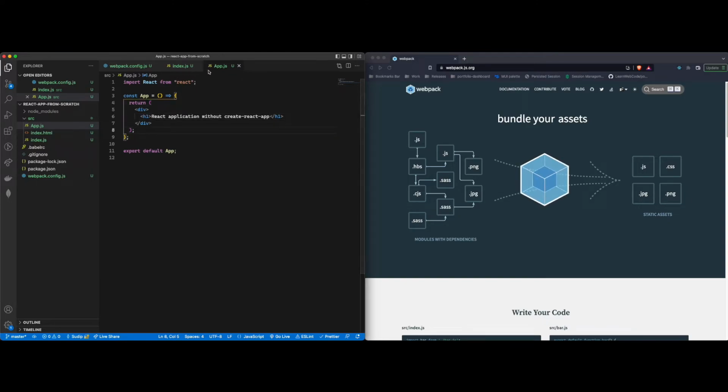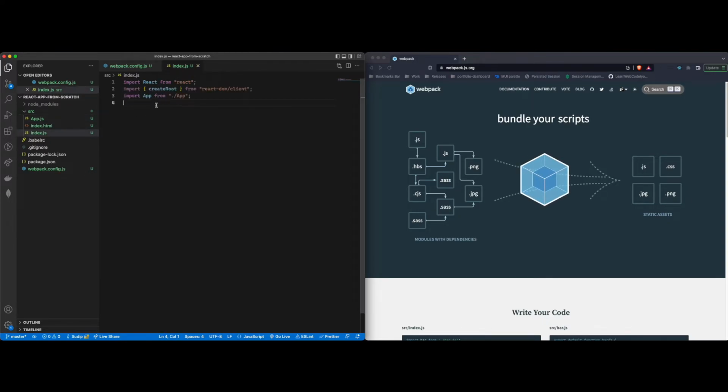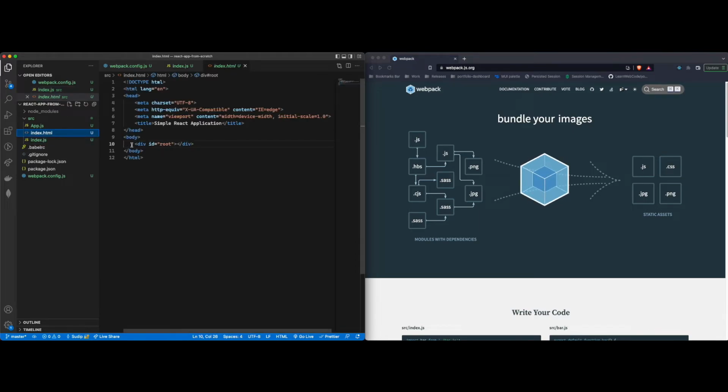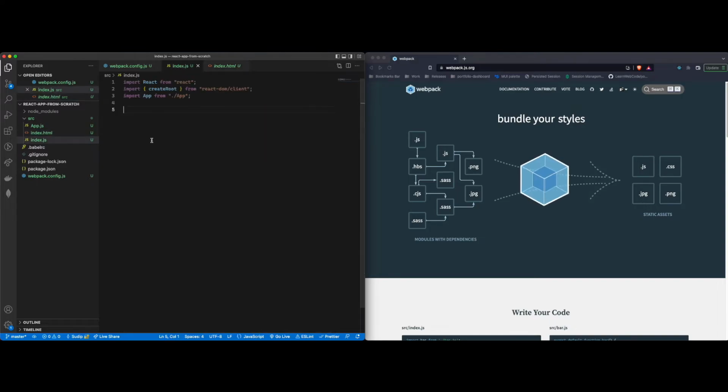Okay, now it shouldn't complain once we are ready to serve our project. Okay, now let me open this index.html for you guys. Since we specified this is going to be the top level div, now we're going to grab this div element, and in order to do that, we're going to use the regular JavaScript function, getElementById. Let's say something like const container equals, I'm going to use the method from document